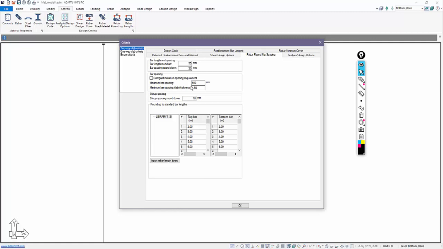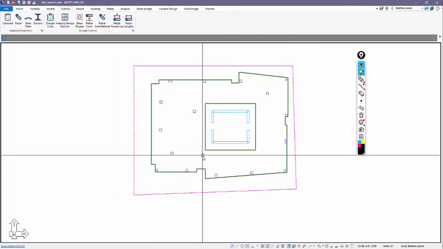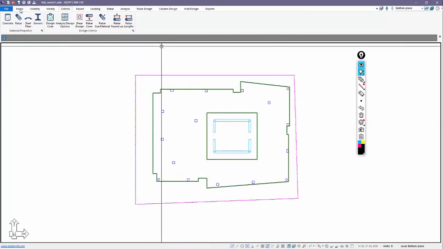Because I'm going to add a top and bottom mat of reinforcement, that will actually govern and control that. In essence, that meets the spacing requirement. So we'll turn this to disregard maximum spacing requirements. Okay, and we have that now set up in terms of our criteria.